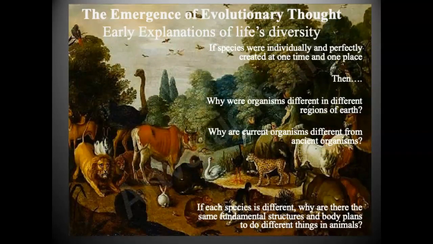So if we go all the way back to the 1800s, around the time of Darwin, this will be in the early 1800s, there were generally some basic explanations as to how we got to where we are in terms of life here on Earth. Many people thought that organisms were created in one time and in one place. And at around the 1800s, scientists started to question that.